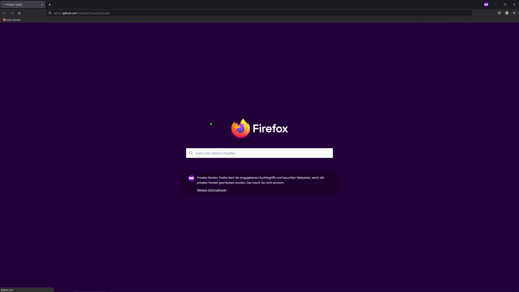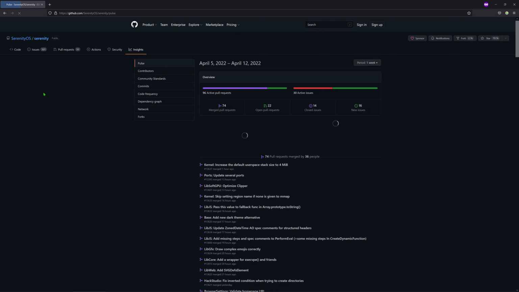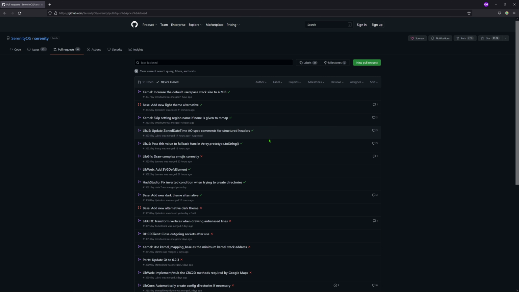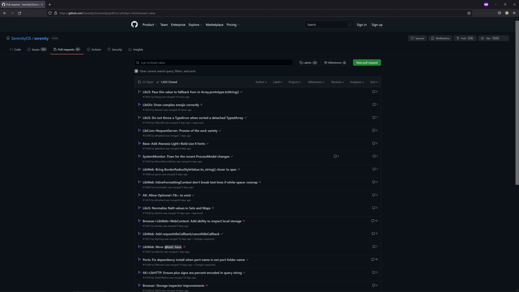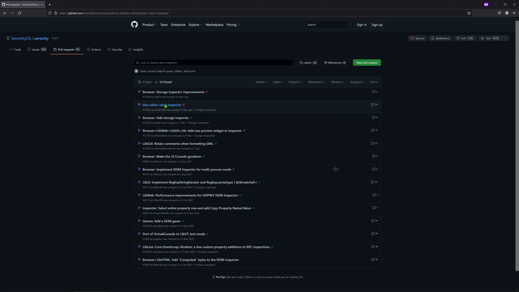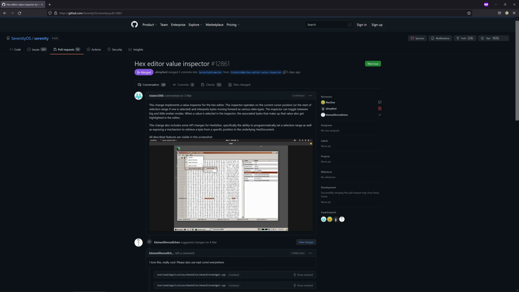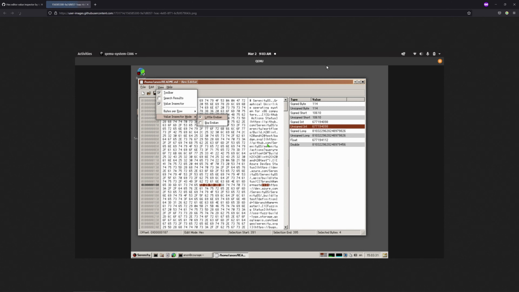The Serenity GitHub should have a closed PR, or it should be a merged PR. Let's search for value inspector. Very, very well prepared. Yeah. So you can see here that he added this sidebar which displays values